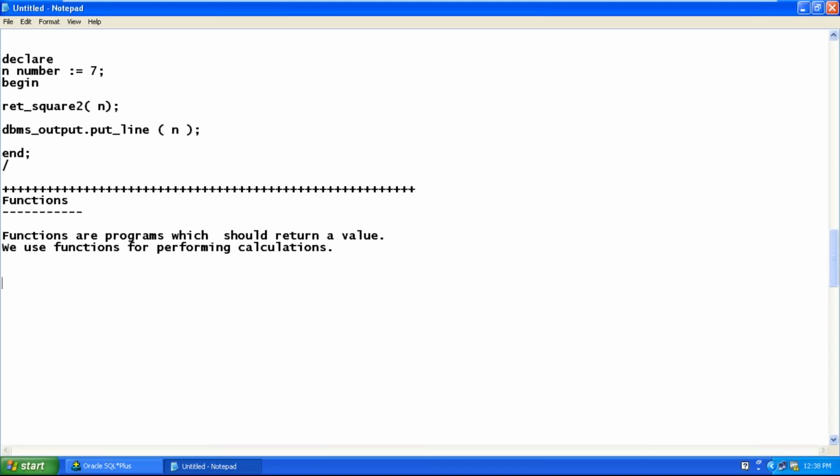Syntax. Let us learn how to create a function. Create or replace function followed by the function name. A function can have parameters: parameter name, data type.